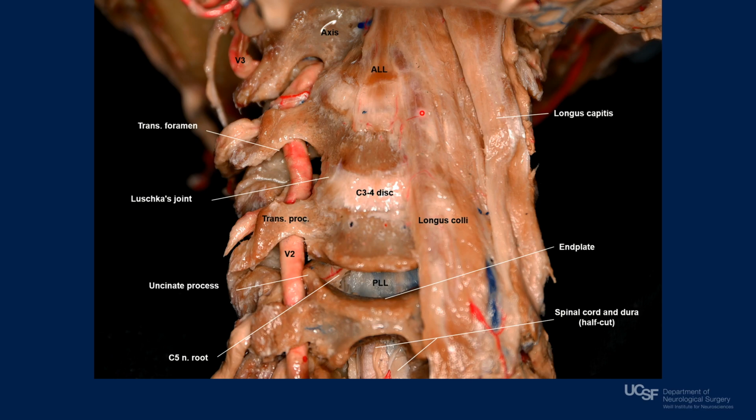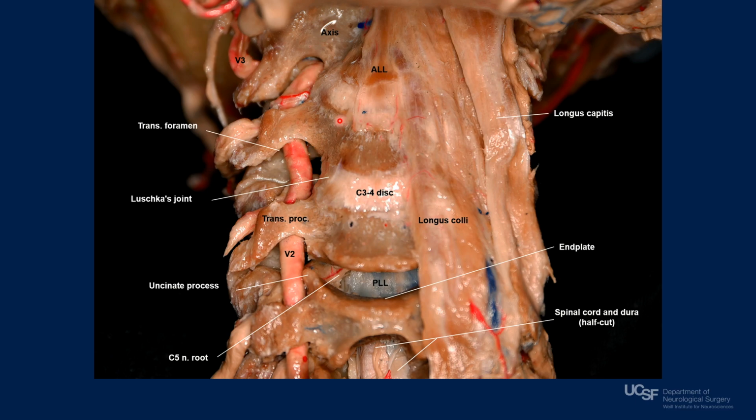Over this ligament we have the longus coli, that again the superior oblique part of the longus coli is going to be touching superiorly the anterior tubercle of C1, and laterally we have the longus capitis attaching more superiorly on the vascular portion of the